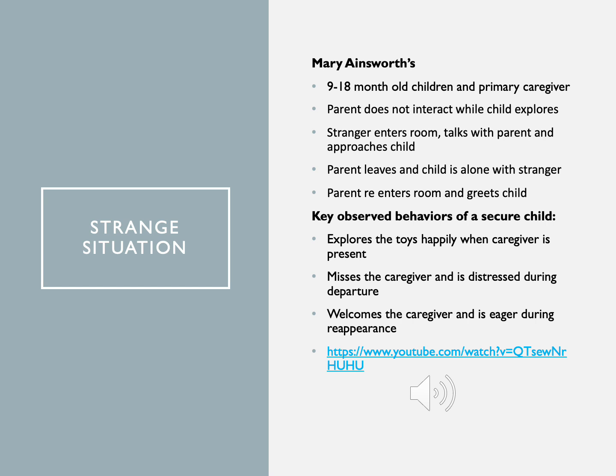So they were looking at the kinds of interactions that the child had when they were in the playroom, and if they were exploring on their own, if they were exploring when the parent left, and then when the parent returned, how they responded. And so you'll see that there are different patterns of attachment: secure attachment, insecure or avoidant, insecure or resistant, also known as ambivalent, or disorganized. And so on the next slide, it goes into a bit more detail on what that looks like. So please make sure that you check that out so that you have an understanding of how the child would